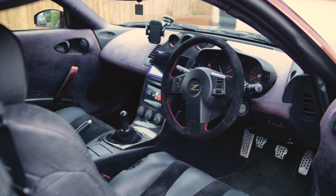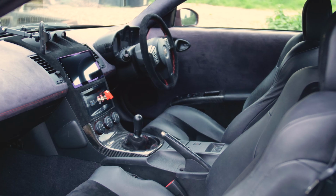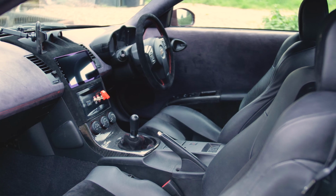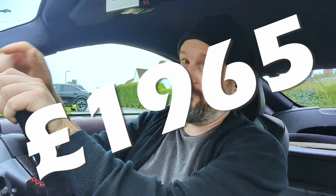So if we add up the Alcantara, the suede, the leather, all the subsidiary bits, the audio and the sound deadening, we get a grand total of £1,965 without the carbon fibre. And then if we add 1,000 on for that,